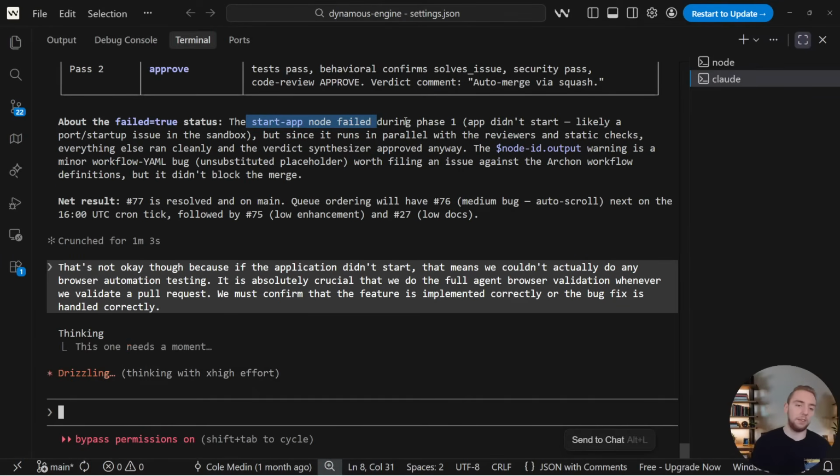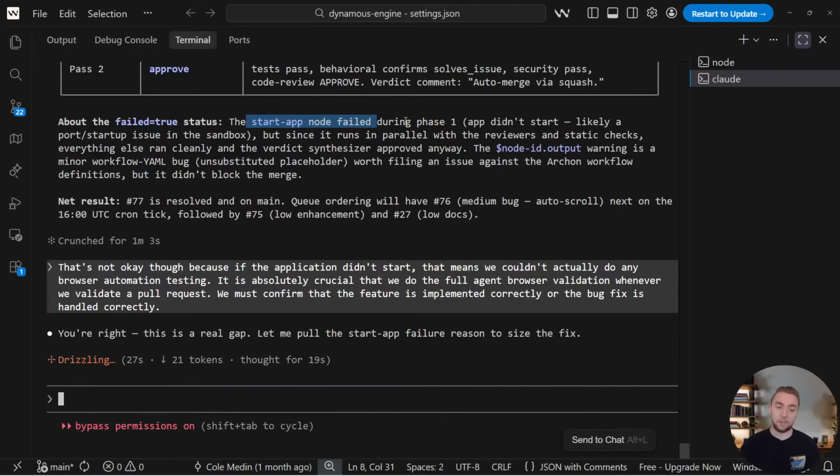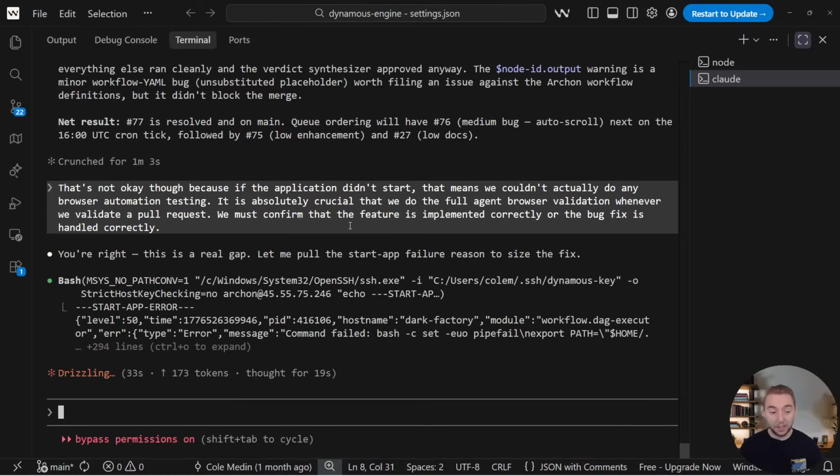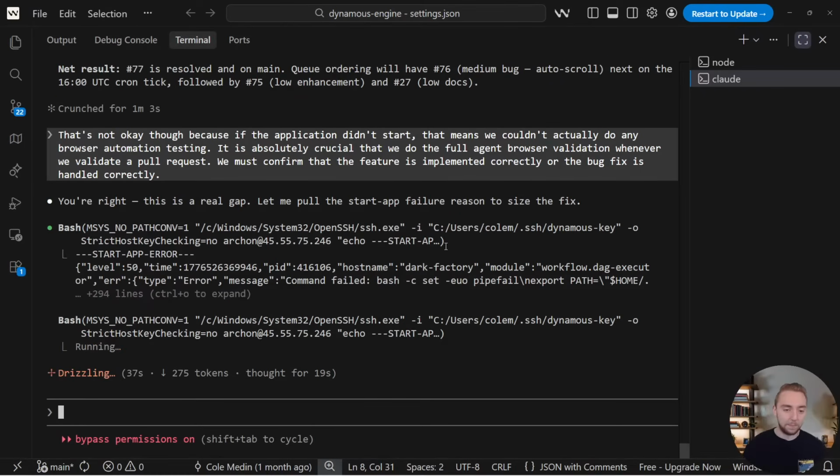So this is probably pretty similar to the reproduce issue Archon workflow we just built, where there's something that has to be corrected in the bash script to start up the application. So I'm not surprised. I haven't iterated on these Archon workflows for the Dark Factory very much yet. Again, I'm not really surprised that things aren't working perfectly yet. That's part of the live building that I'm doing with you guys, is we're going to keep finding these things and correct them over time.